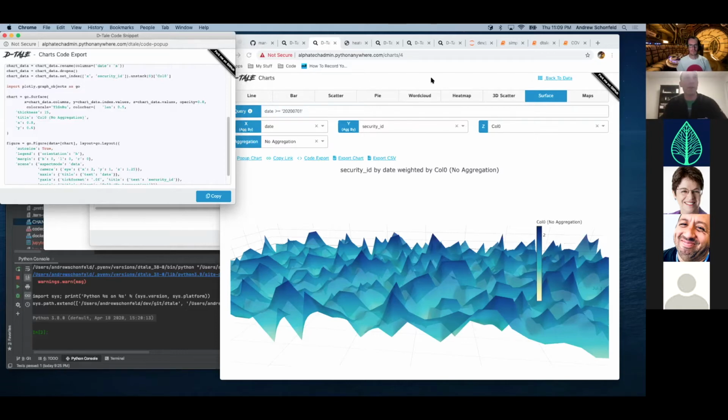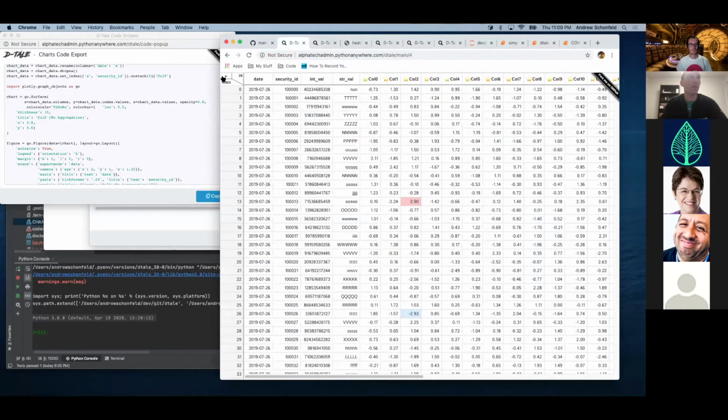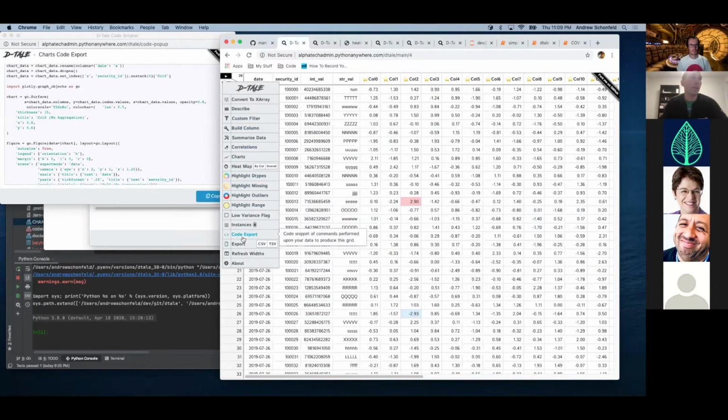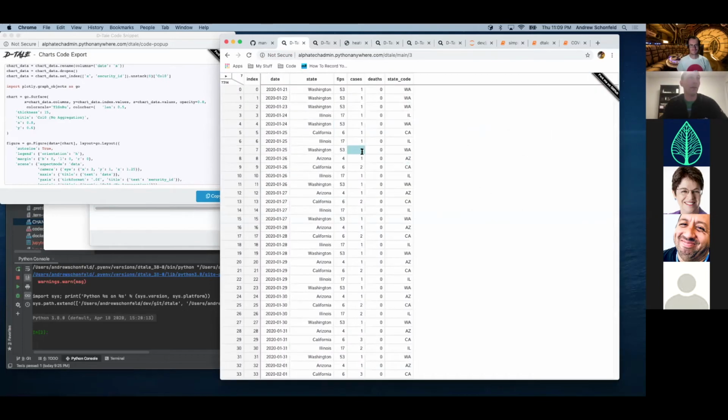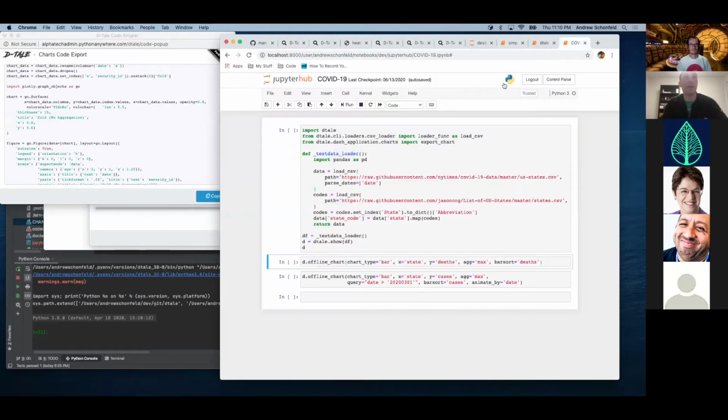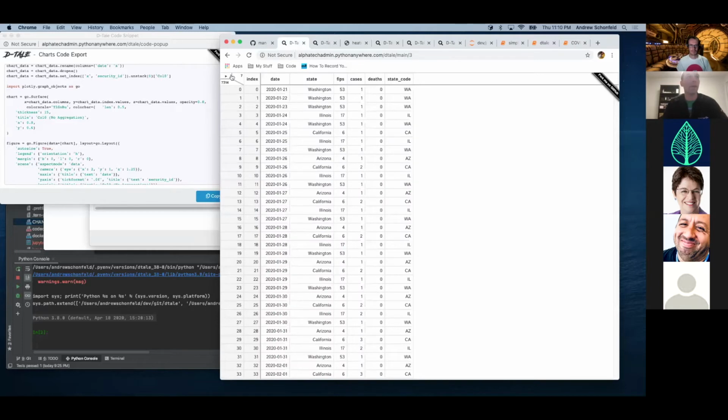Last one here, maps. So I have another data set based off of everybody's favorite coronavirus data. I have the code if anybody wants it over here. It's just loading stuff directly from the New York Times on coronavirus data. So if you just load this each day, it'll refresh for you. But anyway, we can build